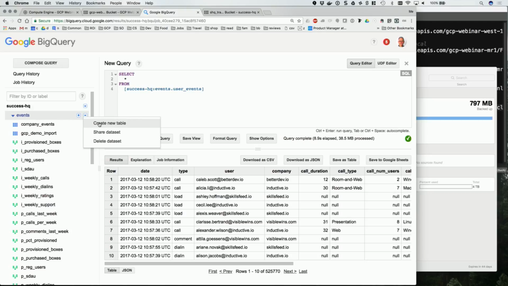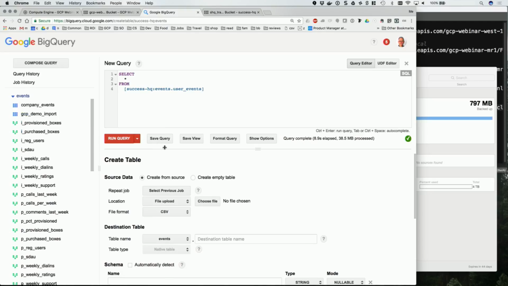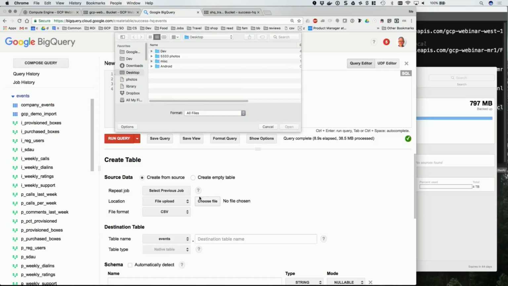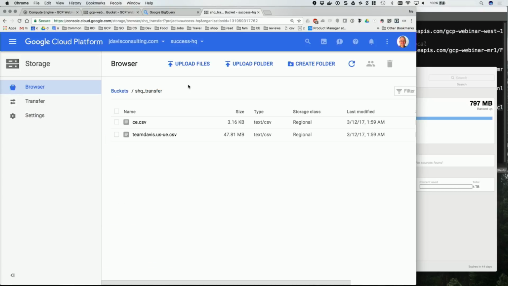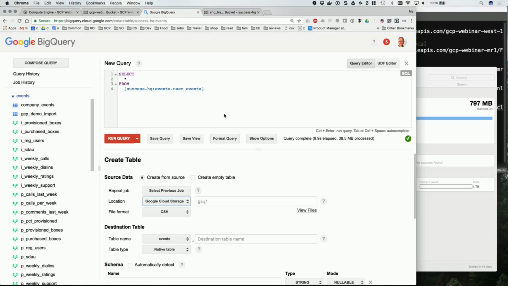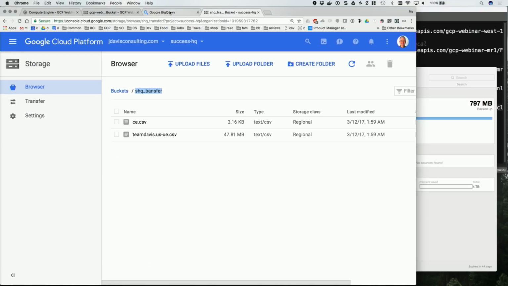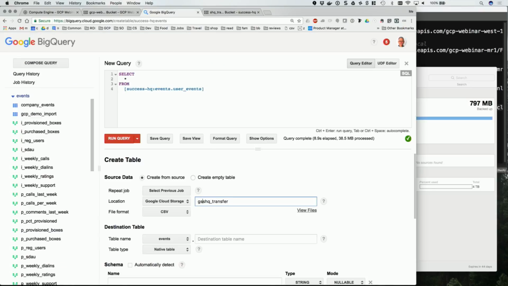And you say, I want to choose a file. Actually, I don't want a file upload. I want to do Google Cloud Storage. Okay. And then you need the path to the file. So that's going to be in the, let's see, yes, gs://shq transfer/ and then the name of the file is